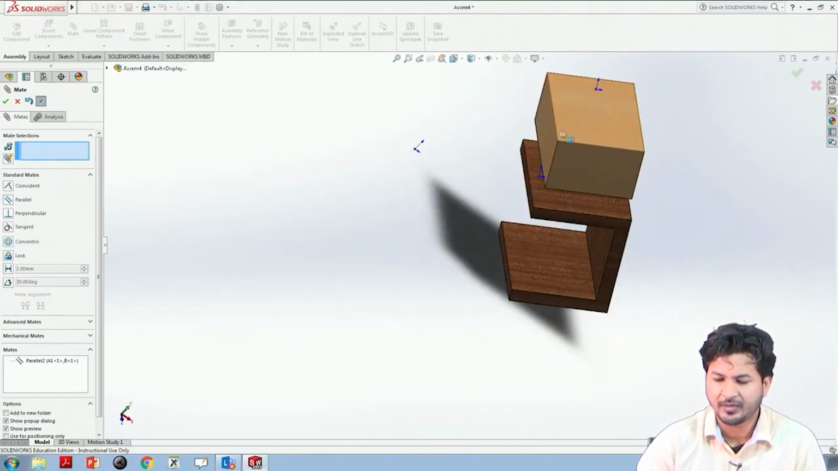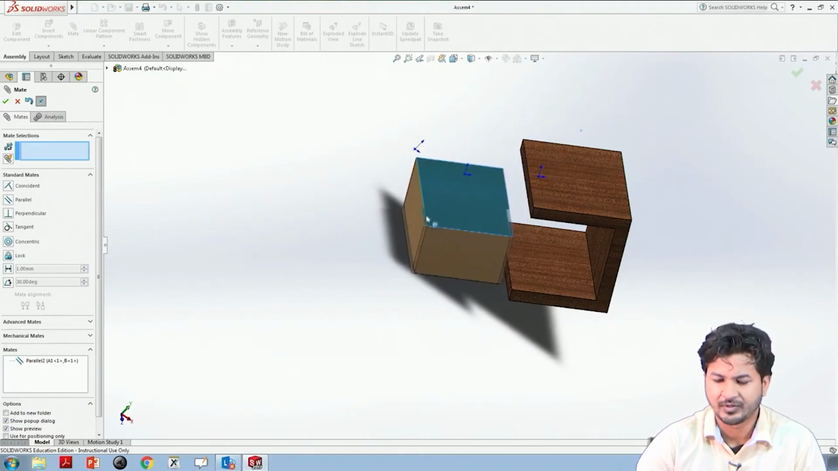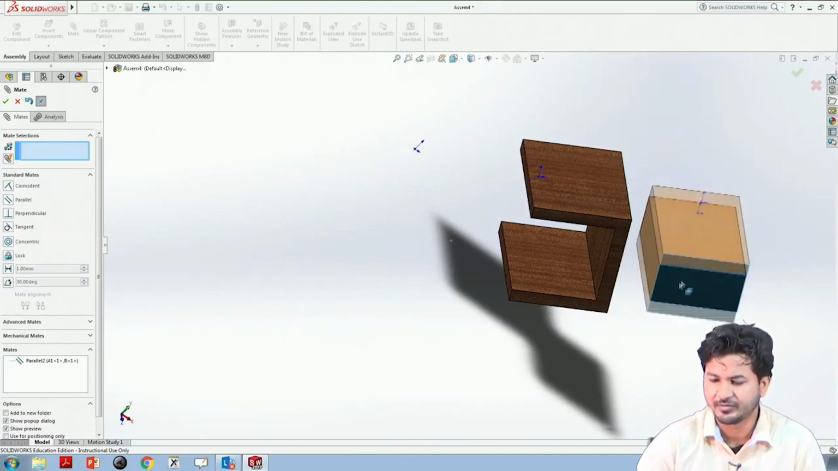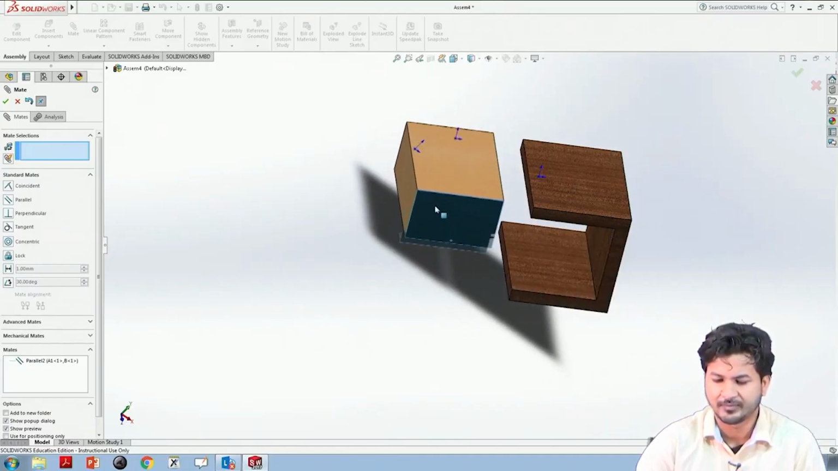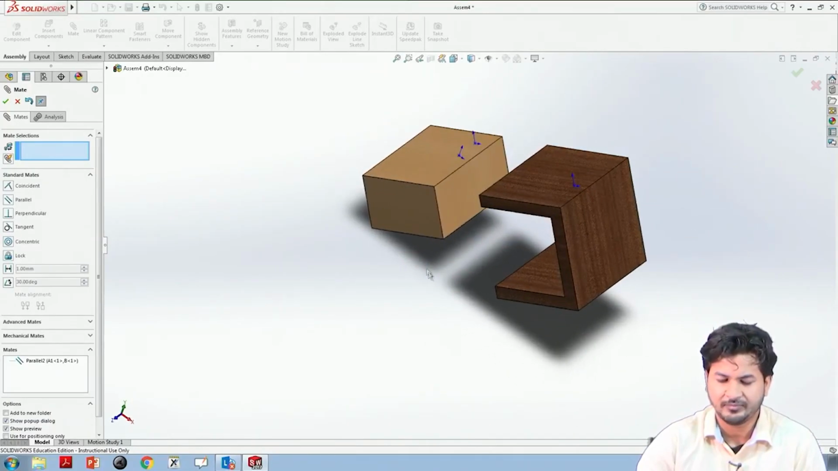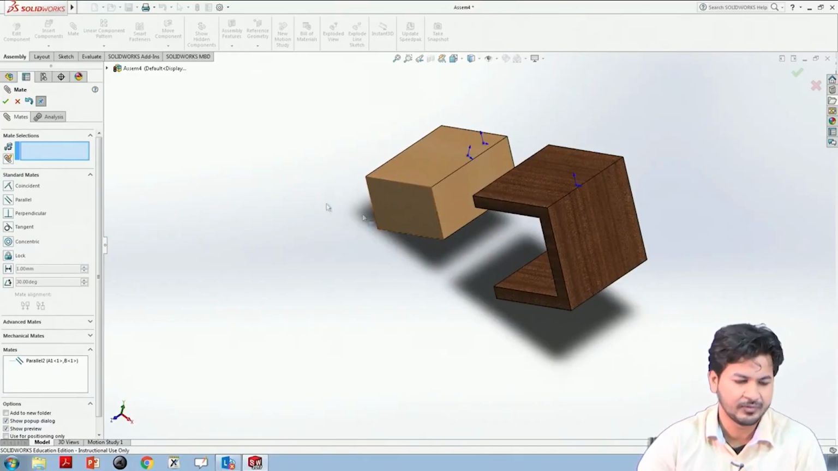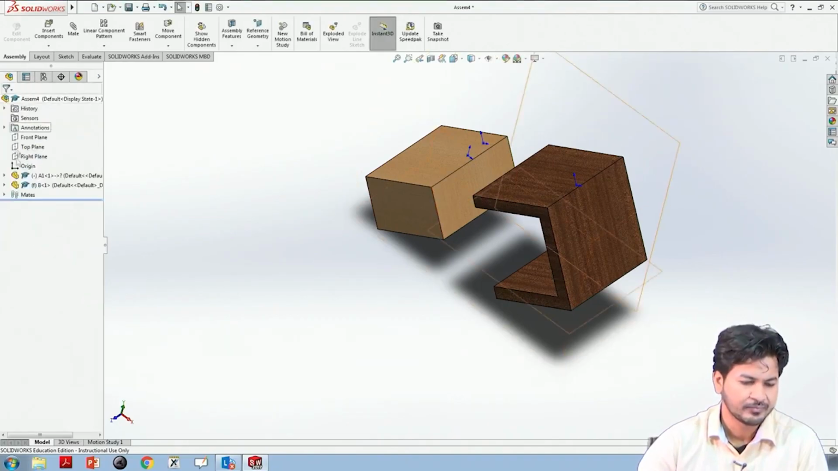The two faces are parallel to each other, this face and the top one of this, they will always remain parallel to each other. You can see it again. This is the mate history. If we remove this,